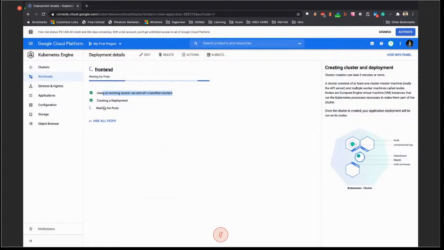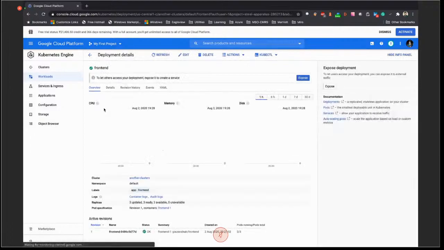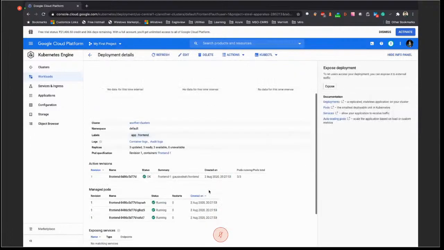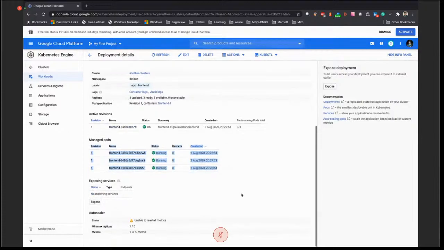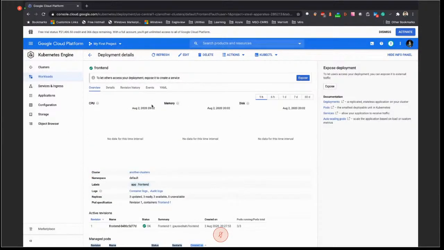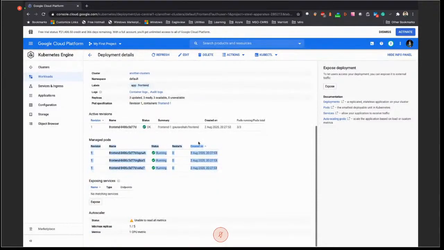Earlier, this replica set was known as a replication controller, which is now a replica set, and whatever number we put in here, that many pods get generated. So if we go back in here, the activity is done. Now you see the 3 running pods which are created. This is the front end deployment, and there is no data as of now because no activity has happened, and this particular service is not available externally for now.